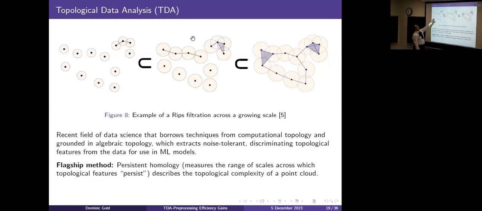So first you have these balls, and nothing connects because they're far away, except for those that cluster up there. Then in the next stage of the growth parameter, more things connect. And in fact, you get a little shape here. You get a triangle because all three of those mutually intersect at one place. This is a Rips filtration. So we fill in shapes if all three have a mutual intersection. And then finally, at this very last stage, we can see the creation of more complex shapes. And we even have a really interesting shape here.